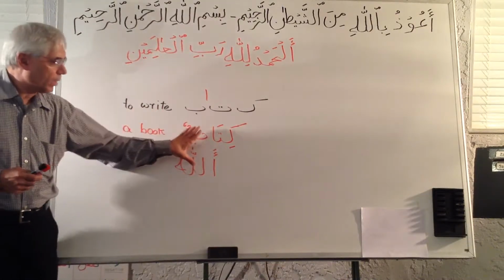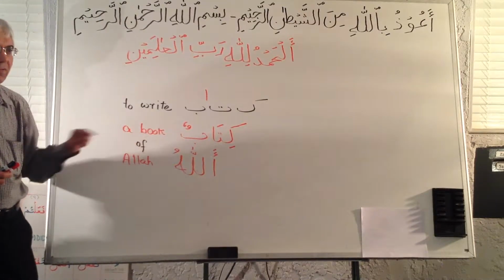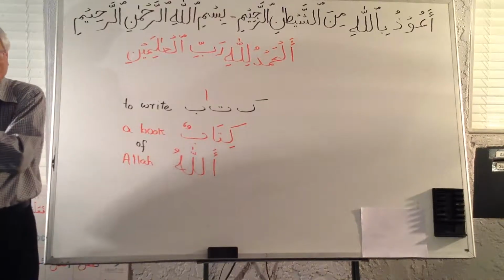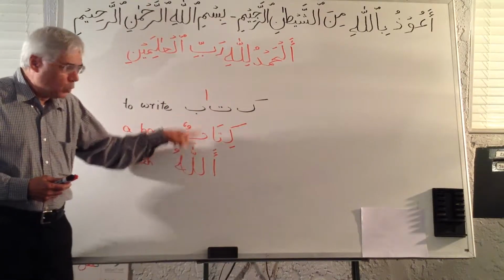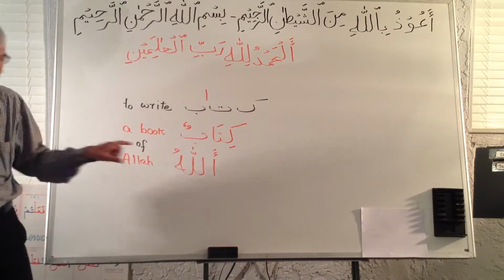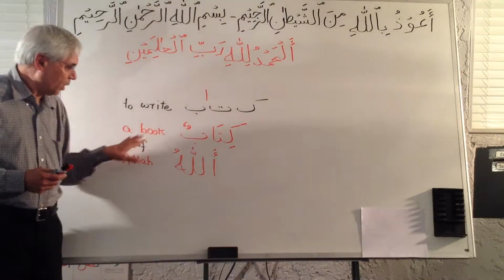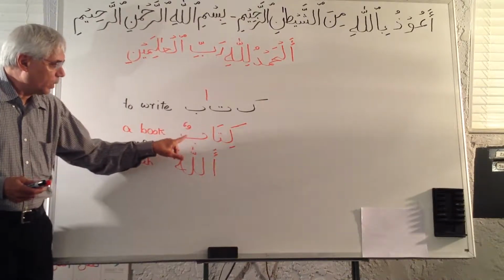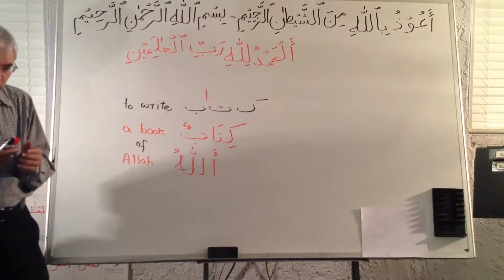How can we do the same thing in Arabic? That will bring the meaning of this of. In English we just took a different word, of, and put it in between. What do we do here to bring the meaning of of? There is a very simple rule for that. Here, we don't have a word of to stick in between. But what we do is modify these two words just slightly. And how do we do this?